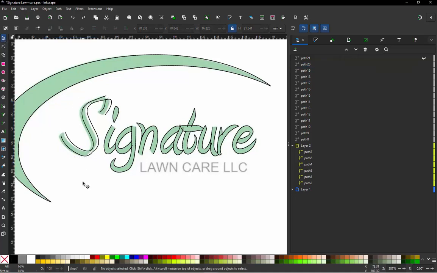So the first thing we're going to do is set up the order in which this is going to stitch. Okay, so we're going to start with this piece, then we'll do this piece, and then we're going to do the top of the eye here. I'm just holding my shift key down and clicking, and then we're going to do the lower part of our eye, and then our G and the big part of our G, and then the little part of our N and the big part of our N, and then the A,